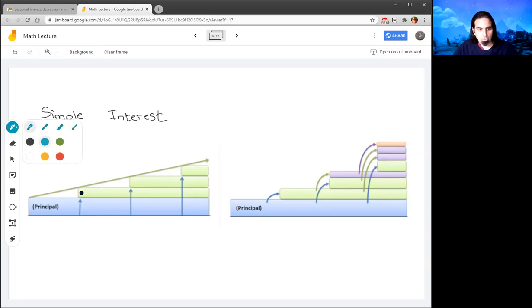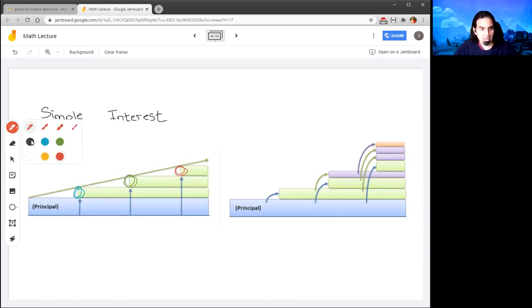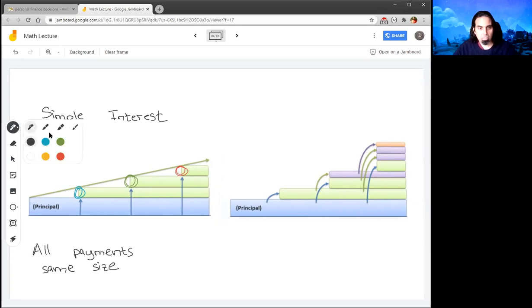So each payment was the same. In contrast, for compound interest,